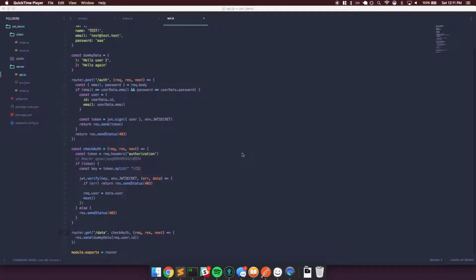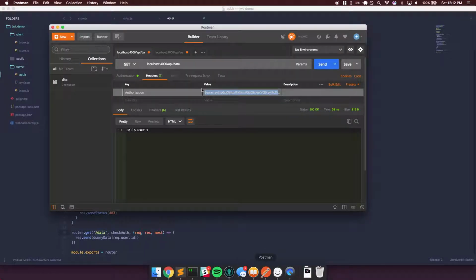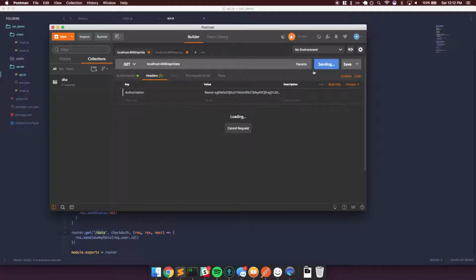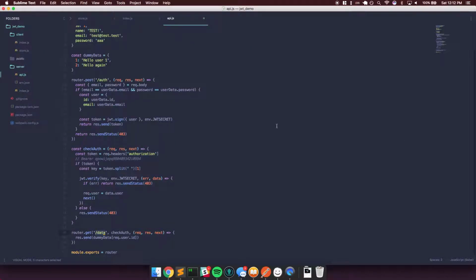For the last part of this, I want to show how you can get some data. So if you remember from the first or second video, we had this data API that we were able to query using Postman, and we were able to get some data. But if we try to do the same thing from the browser end, oops,